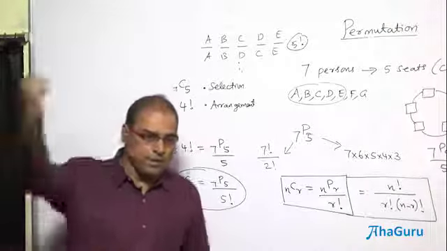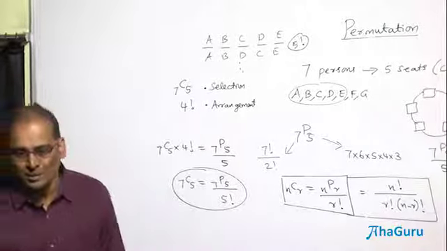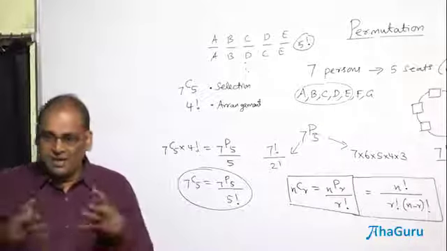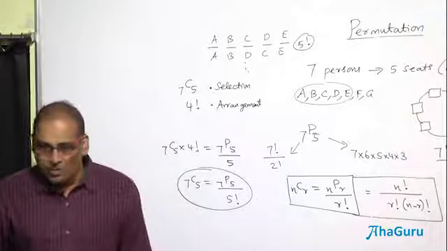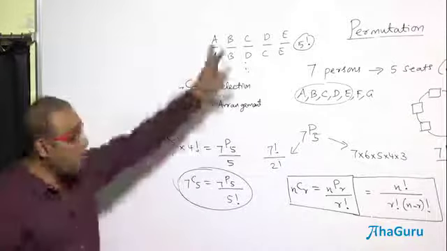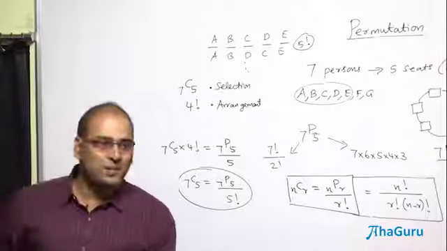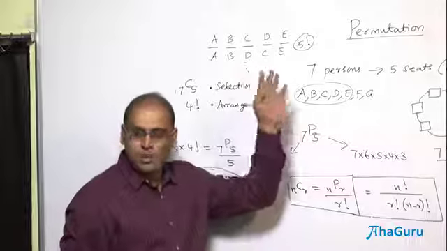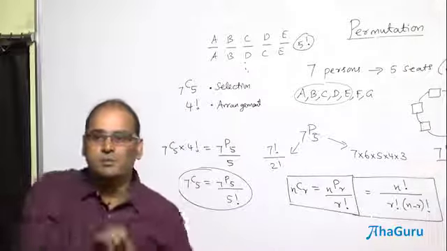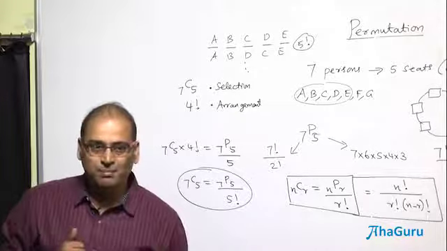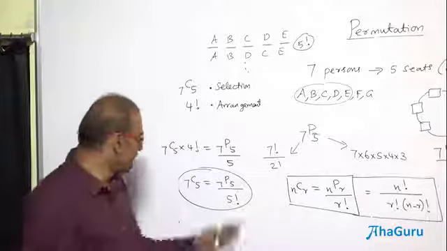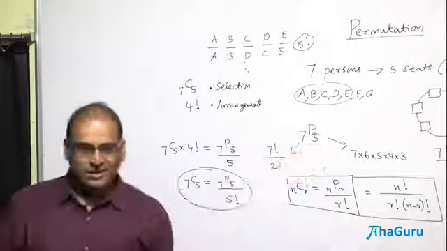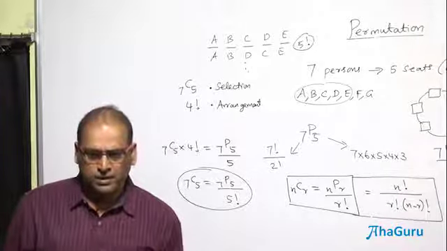Then, if you already know the permutation, and from there you want to come to combination, what will you do? Divide. But you should know, for the same selection, how many arrangements you have counted, because we don't want arrangements, we want selections. How many arrangements give only one selection? 5 factorial for 5 people. Every 5 factorial arrangements becomes one selection. So what will you do with that 7p5? Divide by 5 factorial. So you get 7c5. That way also we can argue. So I gave this through the circular. You can argue in many ways. Understood or not?